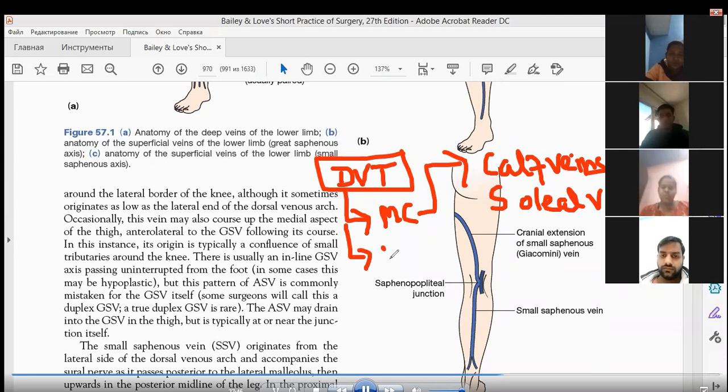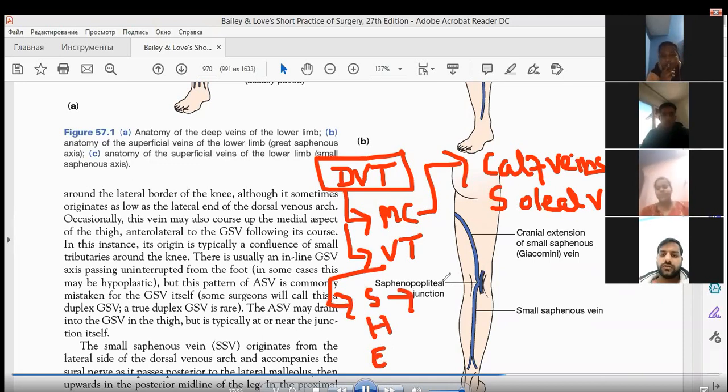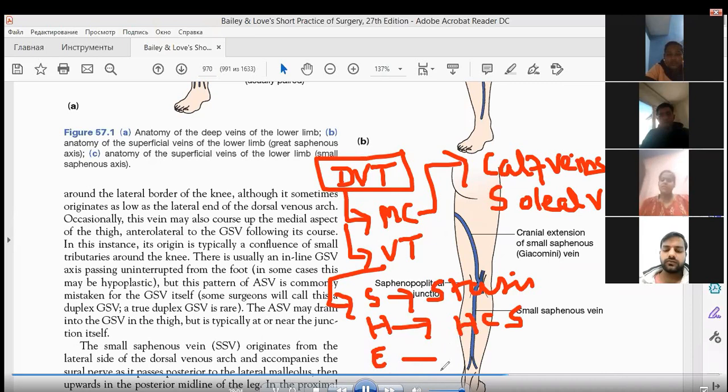It is your Virchow's triad. Virchow's triad is S-H-E. S is stasis. H is hypercoagulable state. E is endothelial injury, or endothelial damage. So all these factors in Virchow's triad can result in deep vein thrombosis, and the most common site for deep vein thrombosis